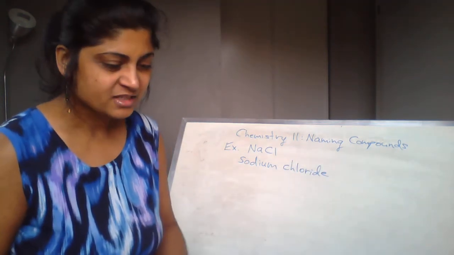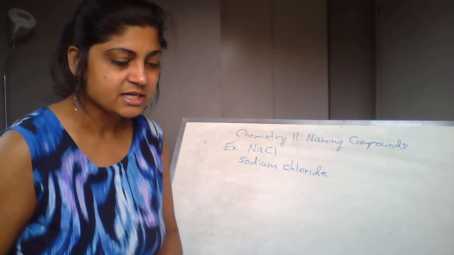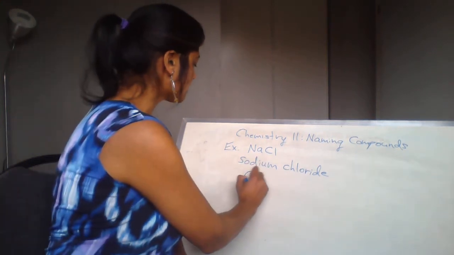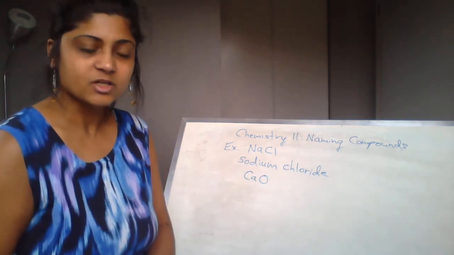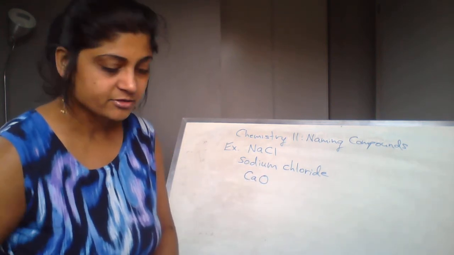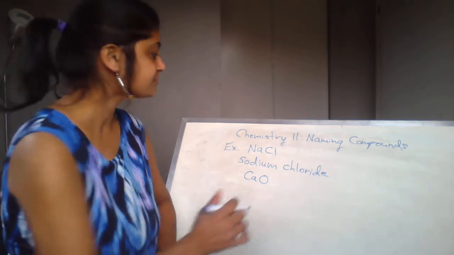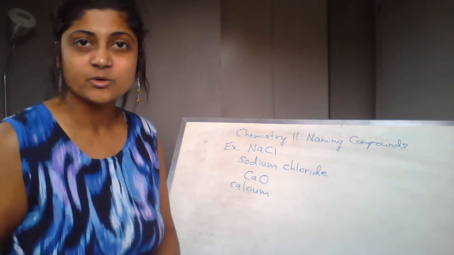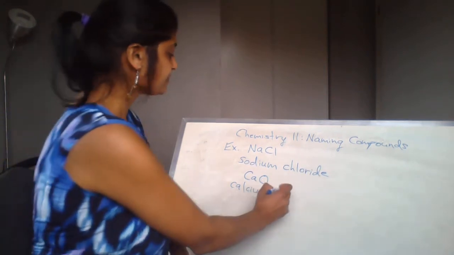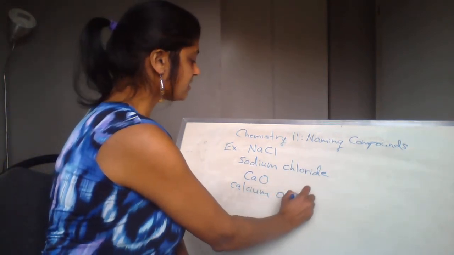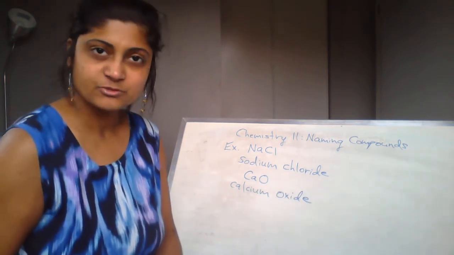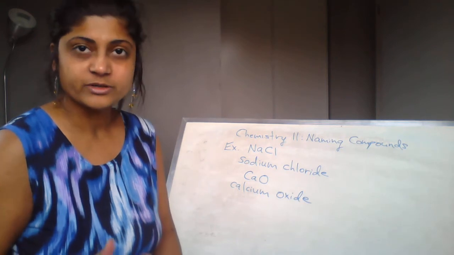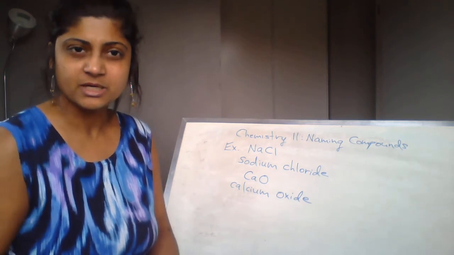All right, let's try one more here. Say I'm going to give you the compound. So say it's CaO. All right, again, this is ionic here. Ca is calcium, and if you're not sure, make sure you are checking the periodic table. And the O is oxygen. I'm going to add IDE, and this becomes calcium oxide. All right, does everyone see that? Okay. All right, and let's go to ones where you do have some of these transition metals,